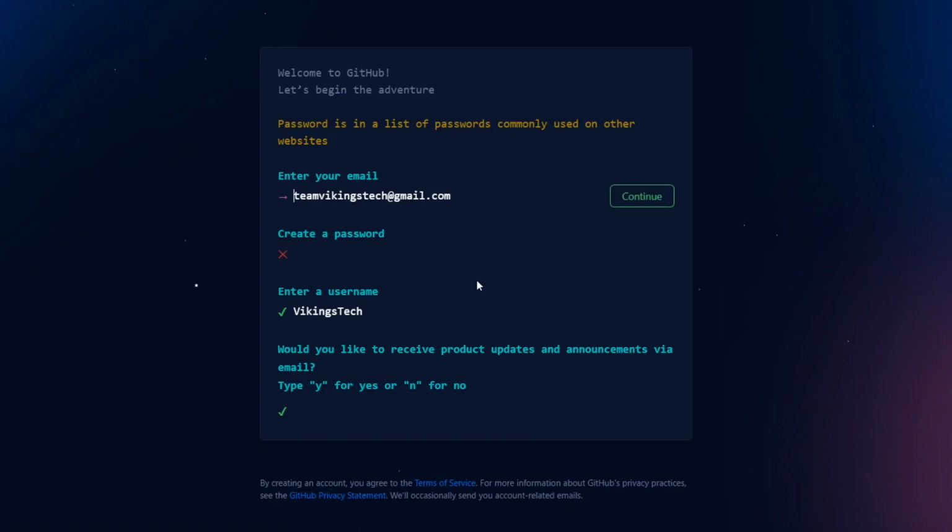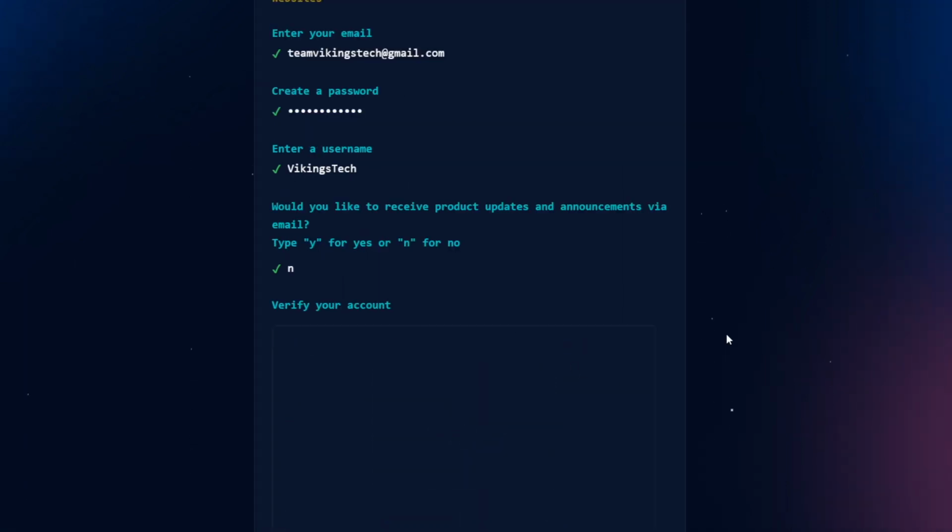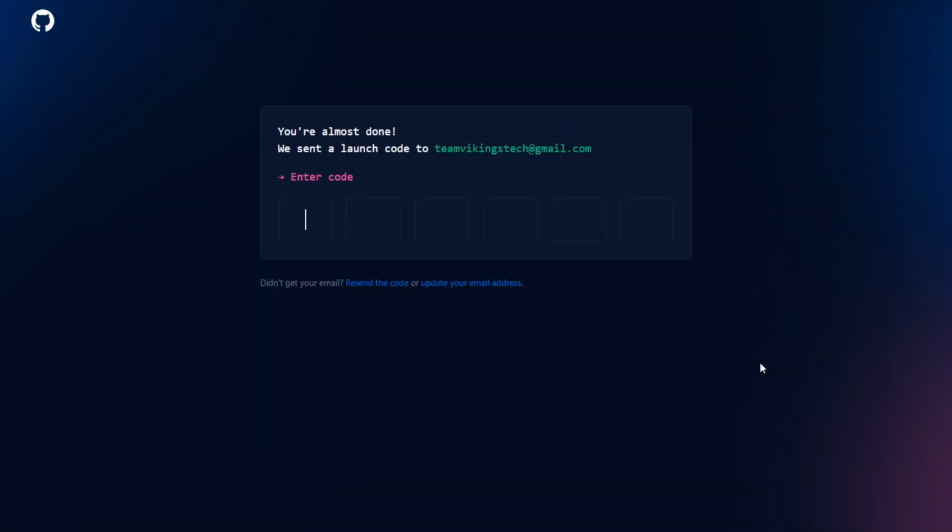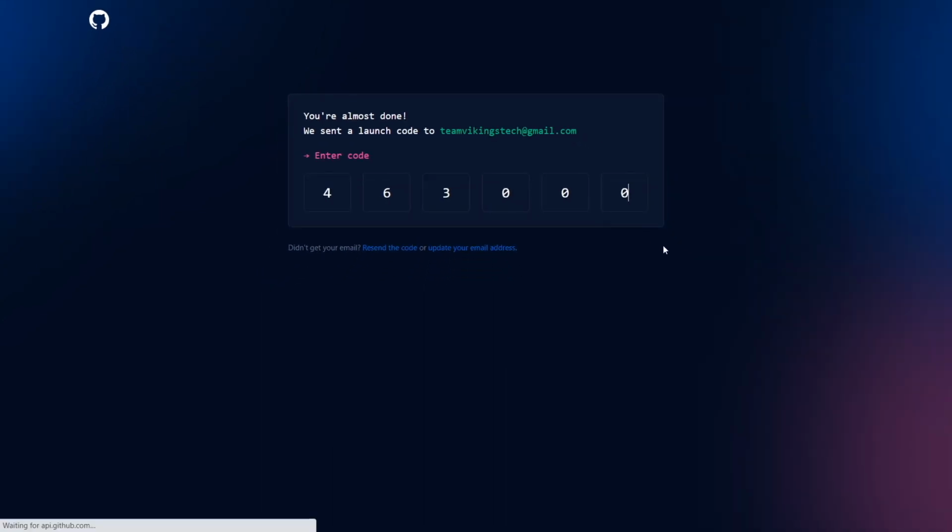If your password isn't strong enough, it's going to notify you, so change that to something better and then re-attempt the CAPTCHA. After this, you are sent a code on your email address to verify it. Do that, enter the 6-digit code here and we are done.